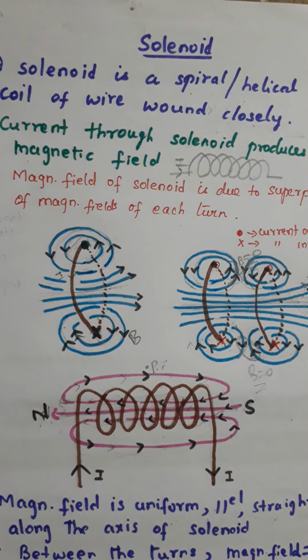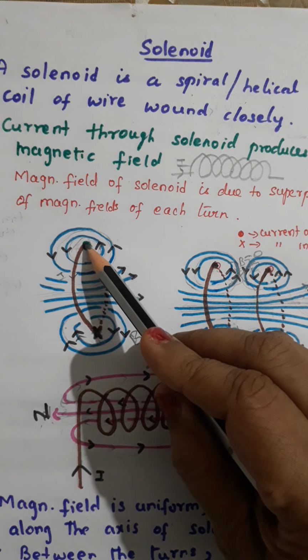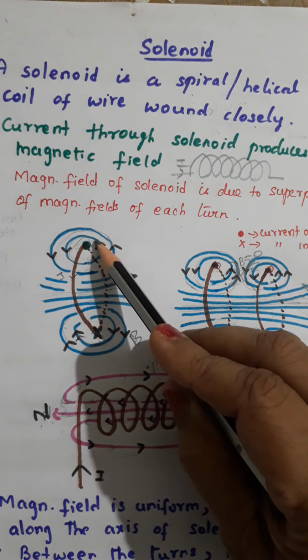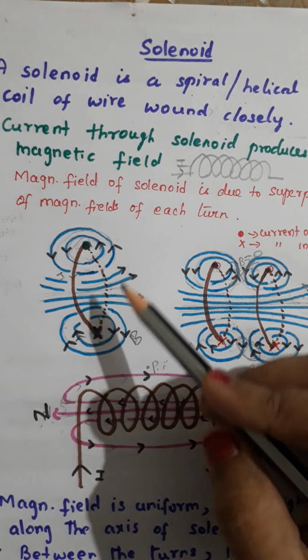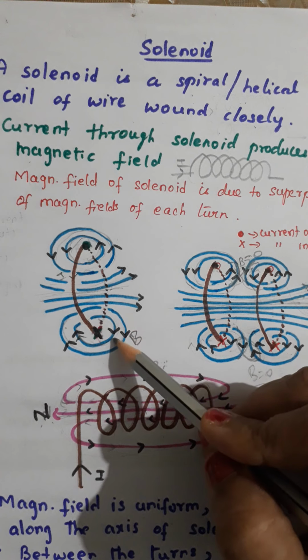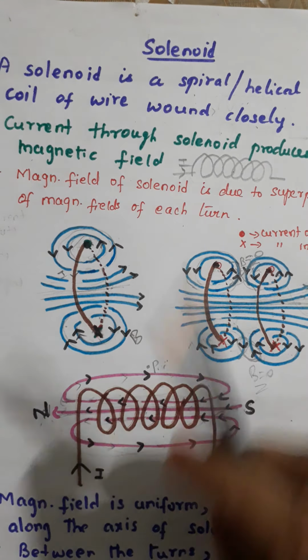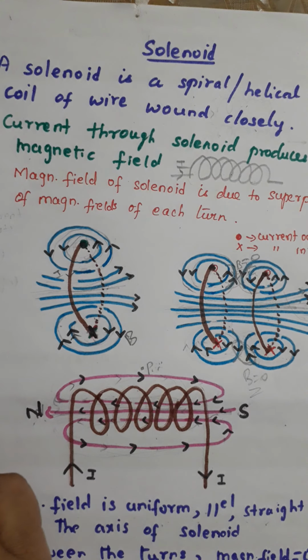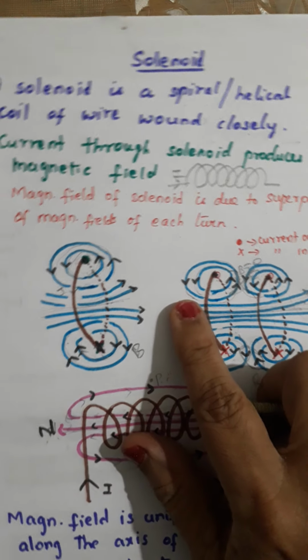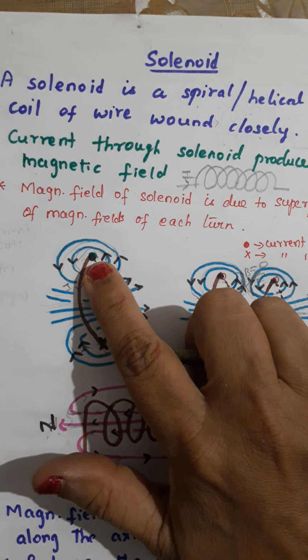Now you can see the magnetic field lines here, children. Near this you can see it is in the anti-clockwise direction, whereas in this part you can see the magnetic field is in clockwise direction. For this you can apply the corkscrew rule, children. What you have to do is to find the direction of magnetic field because of the current carrying conductor. Actually you know that current is coming out of the paper, right?